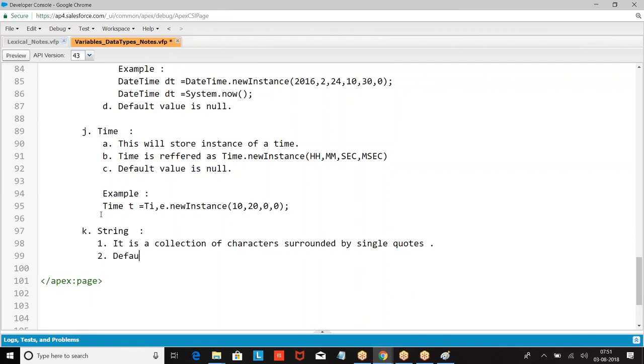Default value is null. Now, the last data type we have is object. If you know it is a string, you will take it as a string.